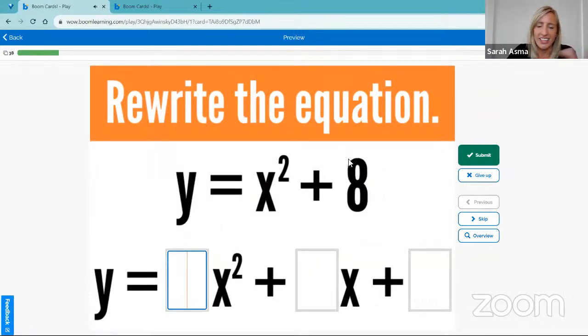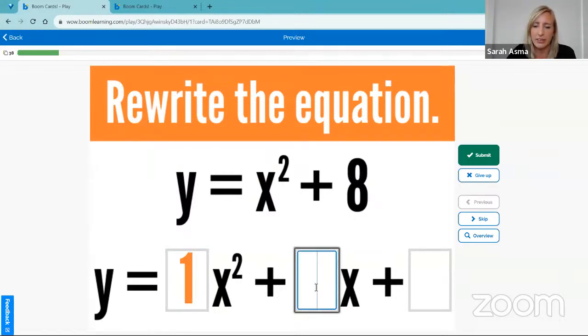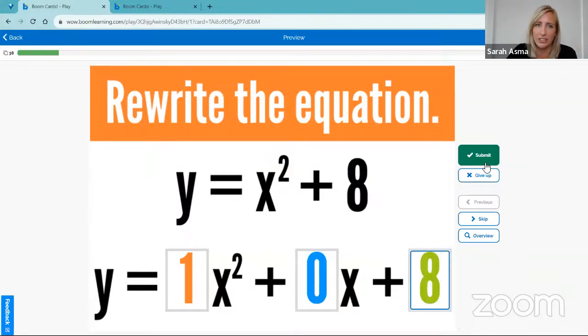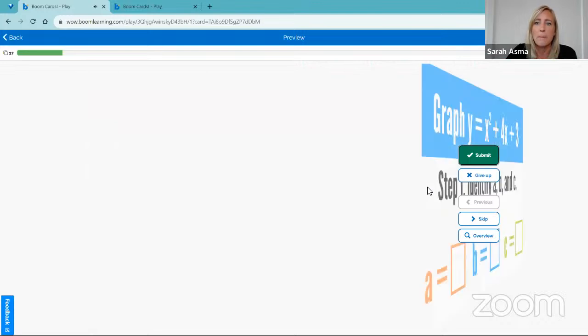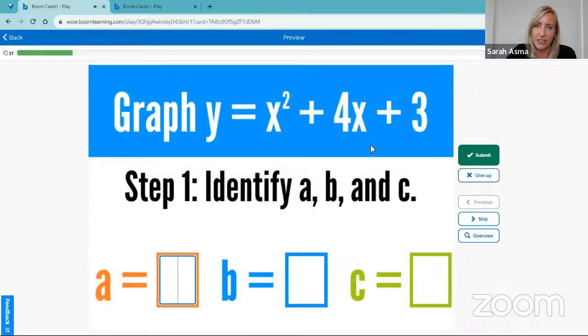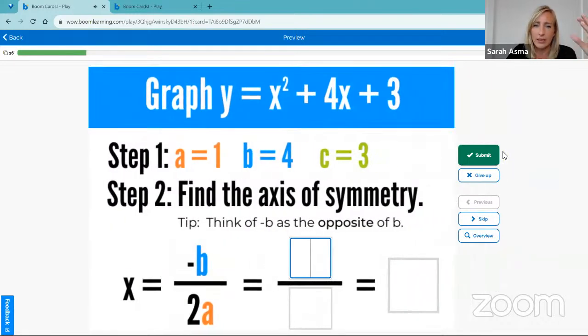As it goes farther, I have less color coding just to ease into it a little bit better. Once I've got it down that they've identified the right values, then we start the actual graphing process. So here's the first actual graphing one. They do the first step. Okay, I've got A, B, and C. So I've got 1, 4, and 3. And then the next step of the graphing process is to identify the axis of symmetry. Here, I like that Boom lets me put this as a totally separate step, because if they've got their axis of symmetry in the wrong spot, like they dropped a negative sign, their graph's going to be all sorts of wonky. So I make sure that I try to just divide it up.